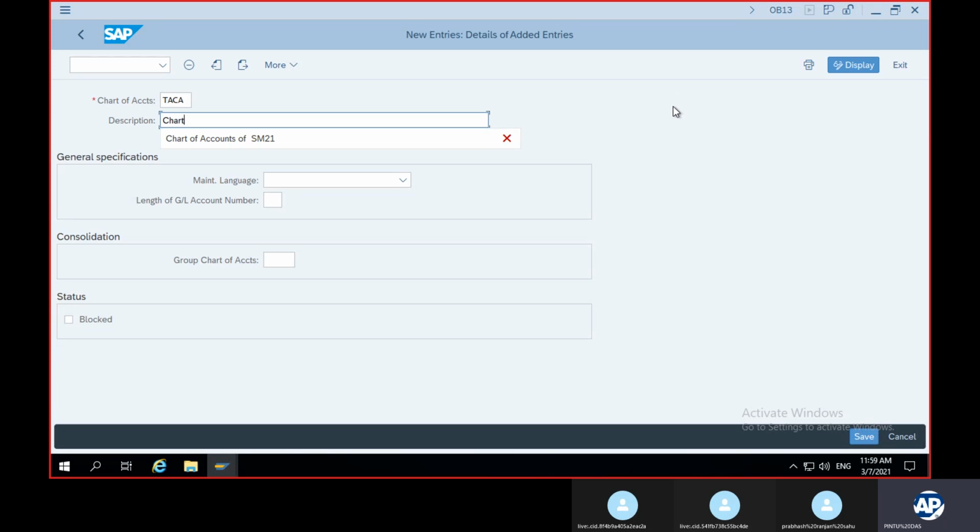Chart of accounts of TA21. This is a public server, so just to identify, we have named it chart of accounts of TA21.